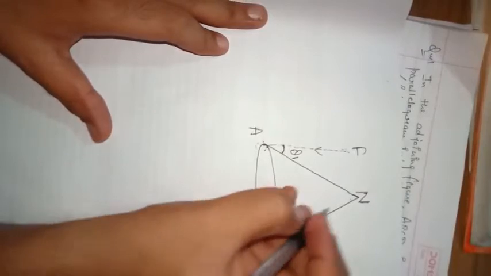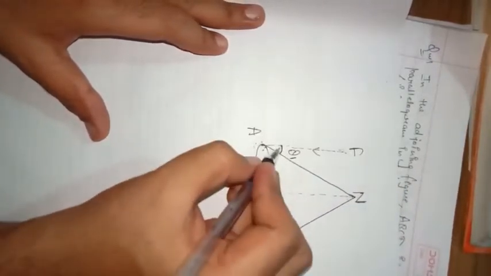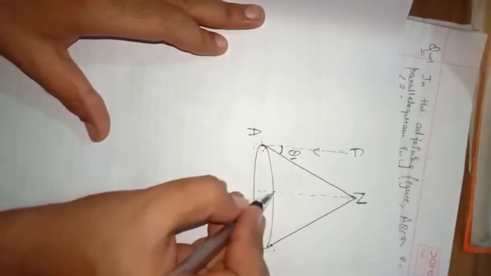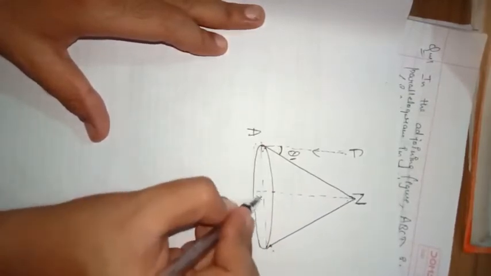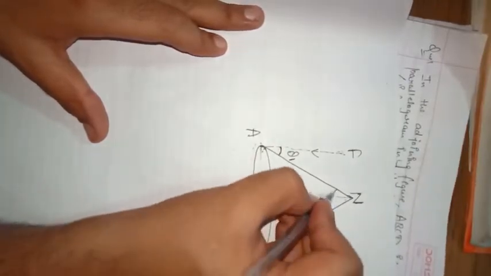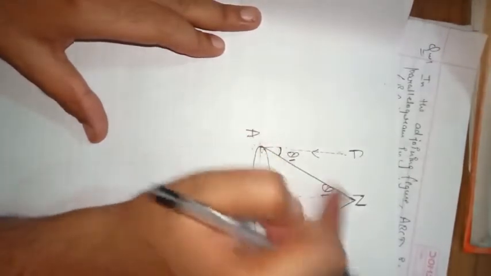Now students, suppose I draw one imaginary line here. This angle is theta 1, and what is the property of this imaginary line? Let me tell you. It is parallel to this line. So if this angle is theta 1, by alternate interior angles, this angle also will be theta 1. Fine, so we have this angle.